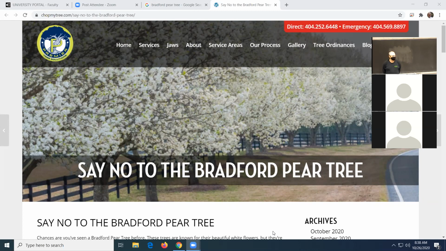And I learned from an entomologist up at KU. His name is Chip Taylor. He's a butterfly expert, but also an authority on other insects as well. He says that because of the strong unpleasant odor that it gives off, the Bradford pear is actually pollinated by flies rather than by bees.